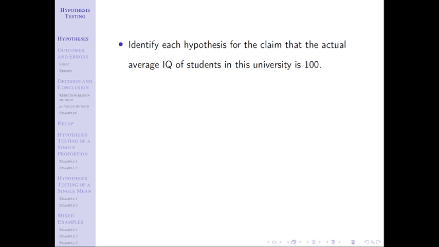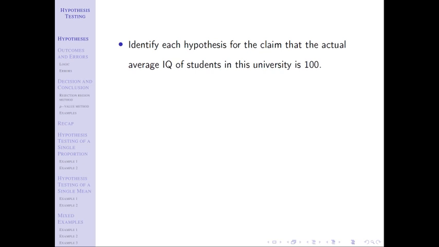So we know that we have a parameter, which we already knew from the start, that the claim has to involve a parameter. And then we can see that we have the word average. And so that leads me to believe that my parameter is going to be mu. That's the first part of the three from my claim. And then I have to figure out what mathematical operator goes with that parameter. And then what number? Clearly the number is 100, and so then I've just got to figure out what symbol. And of course, we know that in math, the word is means equal. So my claim is that mu equals 100.